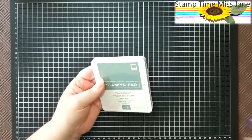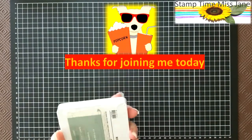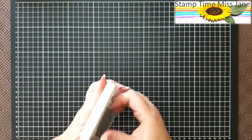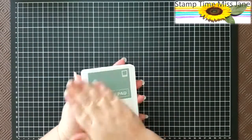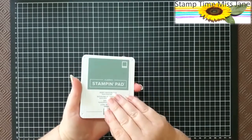So you'll notice it's come in shrink wrap. So I'm just going to grab my trusty little Sharpies scissors and rip her open. Don't need that anymore. Okay, now your ink pad comes, and to open it, you will think of it like